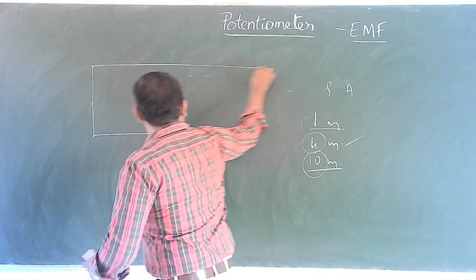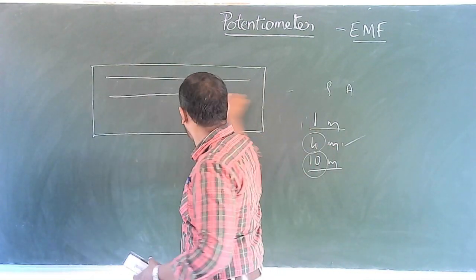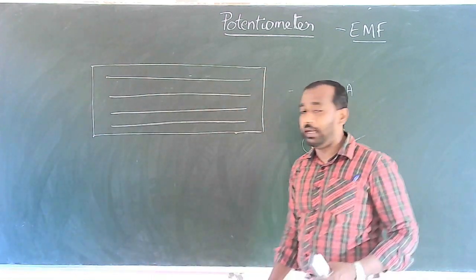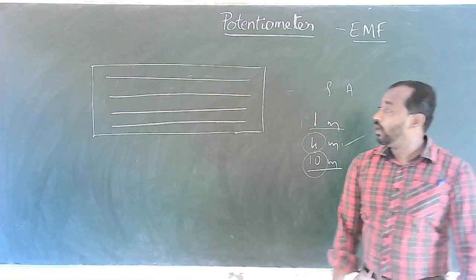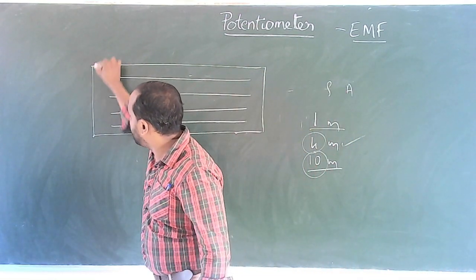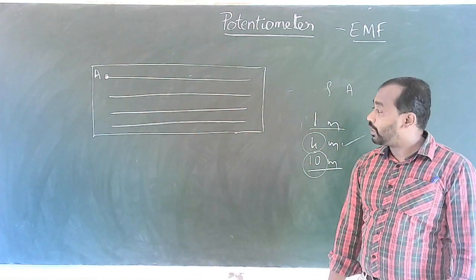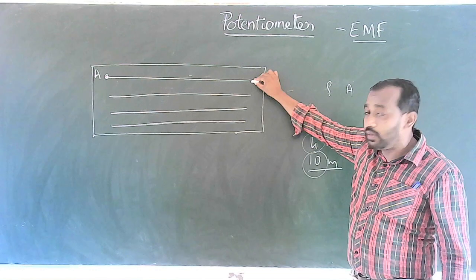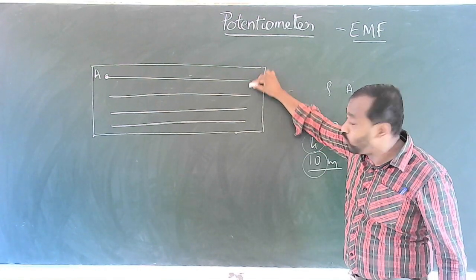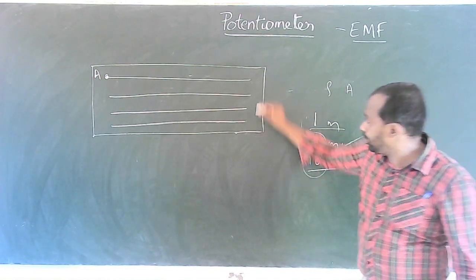So, a larger wooden board, with 4 wires each of length 1 meter, placed parallel to each other. One end will be provided with a screw for the external connection. I will call it point A. Then at the end of the 1 meter, we are going to connect these 2 wires with the help of a thick metal strip like this.